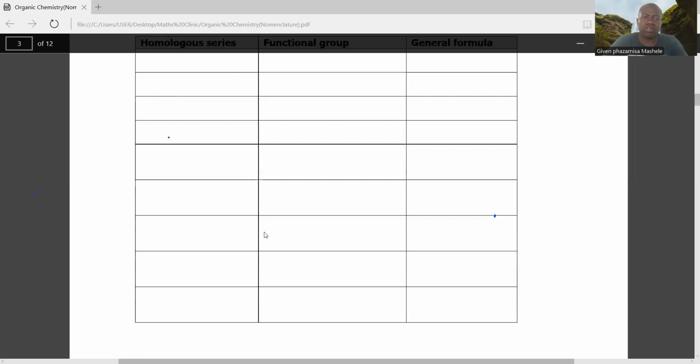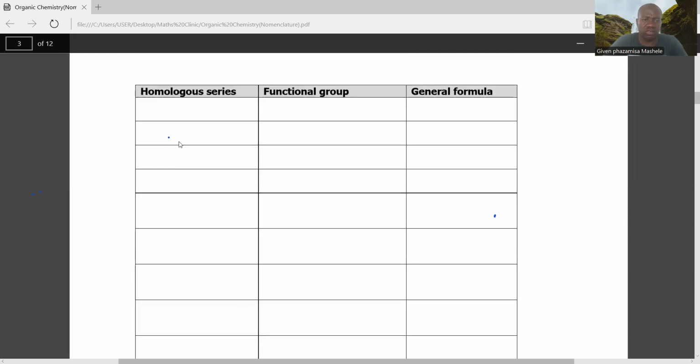Right, here what I'm going to do is write the numbers 1, 2, 3, 4, 5, 6, 7, 8, 9. I want to write these 9 homologous series one by one. The best way to remember them, I want to use a notation, and you need to remember this, guys. In short, we say A, triple A's,